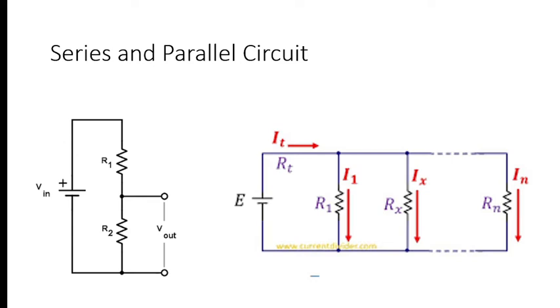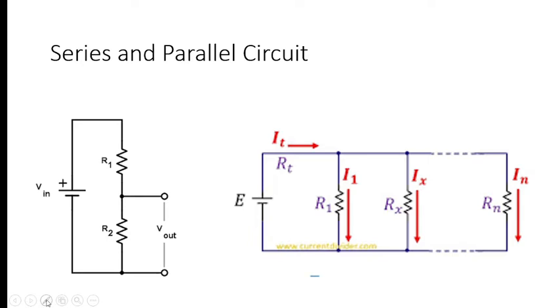So hello everyone, today we are going to learn about series and parallel circuits. How will you understand that the combination is a series or a parallel? Now what you can see here is that there are two elements, and they are connected at this point. These points where two elements are connected are called a node or junction.